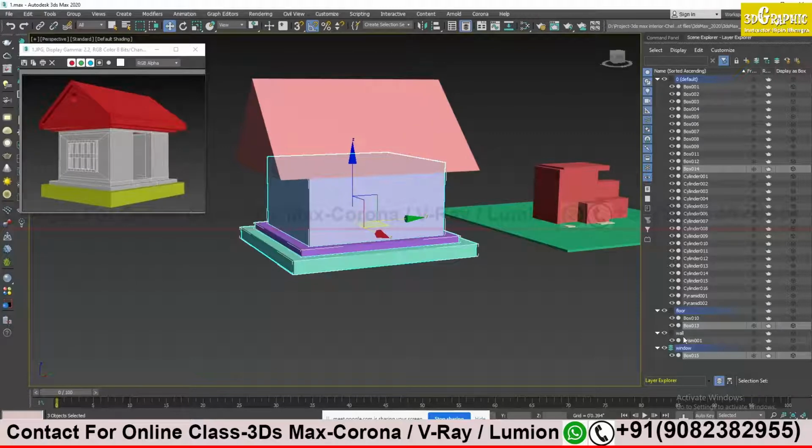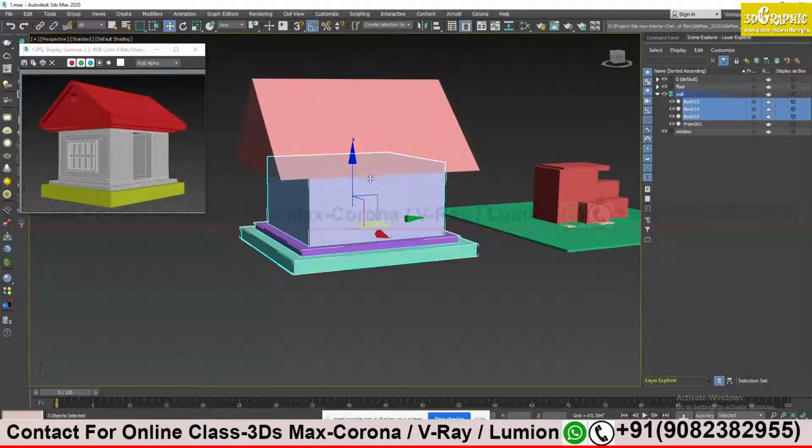Right now the window layer is highlighted, but I want the wall layer highlighted. Just click to the right side of the eye icon. Now my wall layer is highlighted, and then you come up and there is the option Add to Active Layer. Just click that and all my objects are saved on my wall layer.